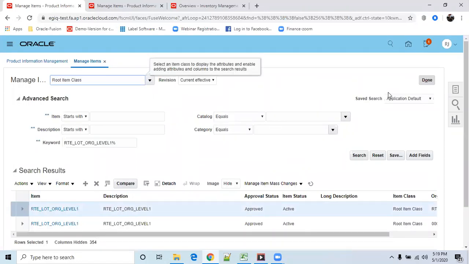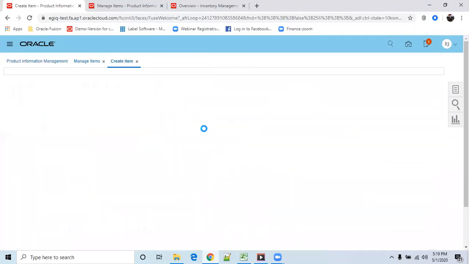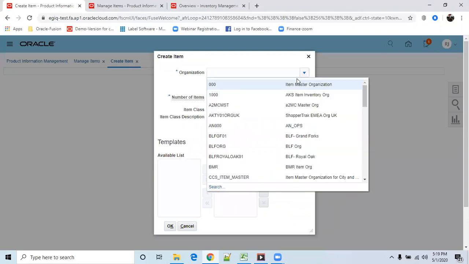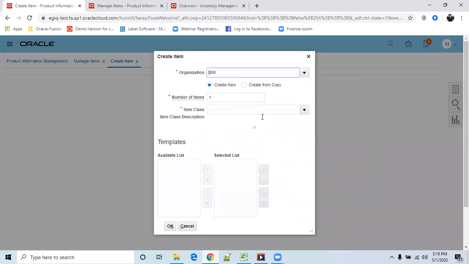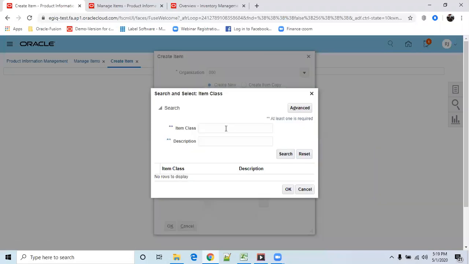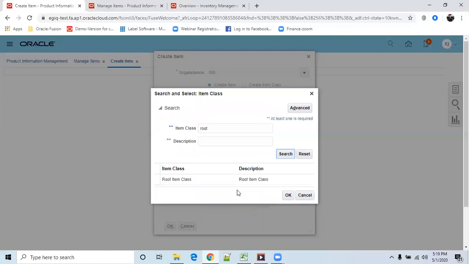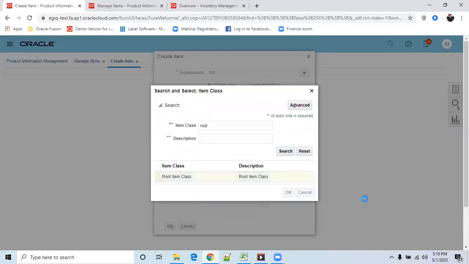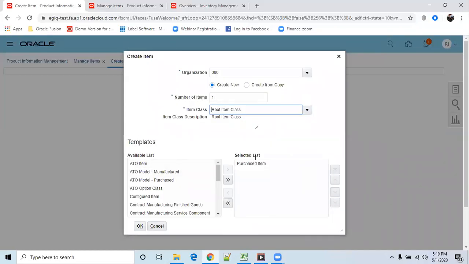Based on whatever you configured. So now click on plus. I'm selecting master organization, root item class, root. Okay, my template is purchasing template. Click on OK.